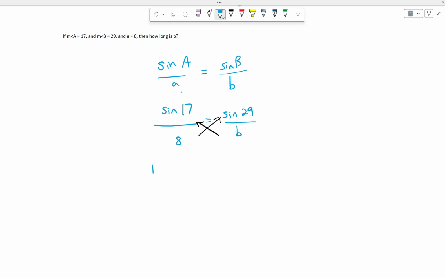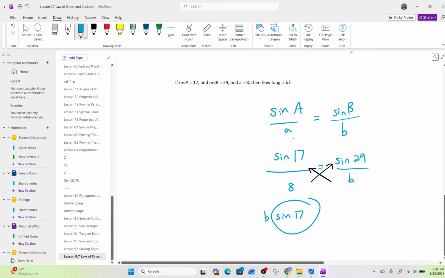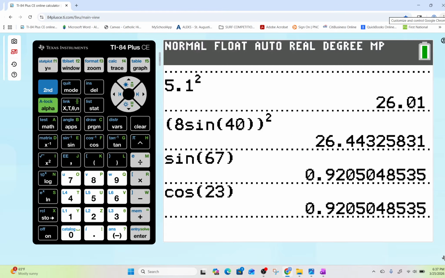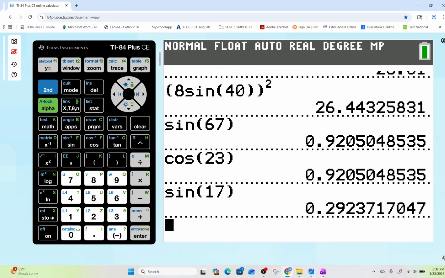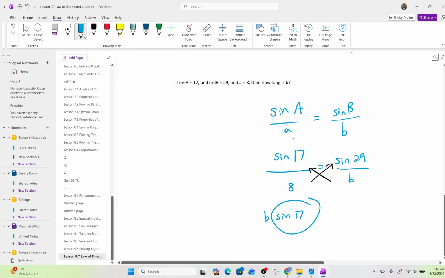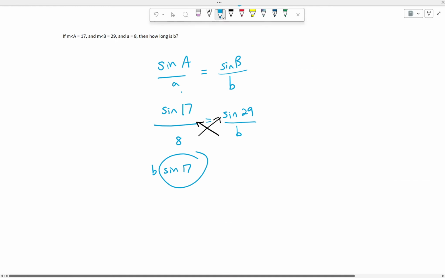So I'm going to have b times the sine of 17. And remember, sine of 17 is just some number, right? Like if we go into the calculator, we can actually just punch in sine of 17 and it's some decimal number. So I can divide by that entire term and it's just whatever that 0.292 blah, blah, blah thing is, right? So getting back to it,